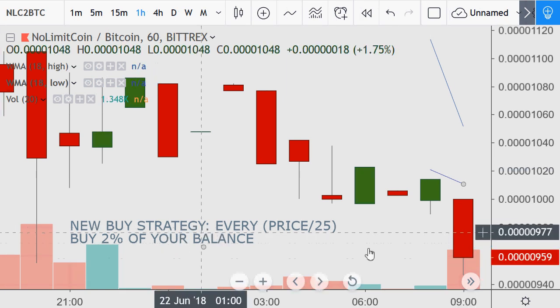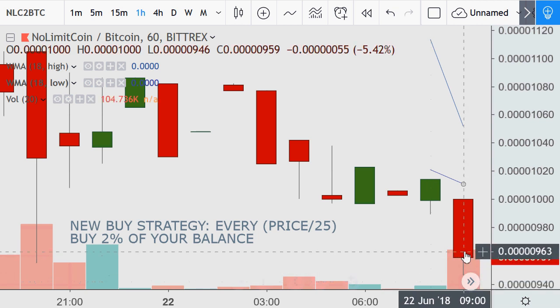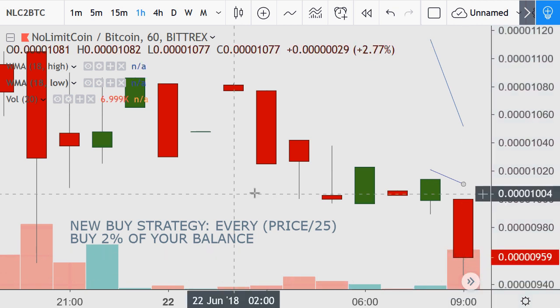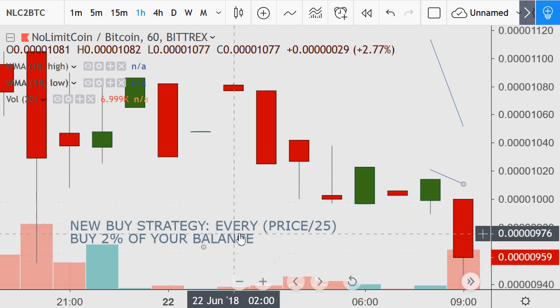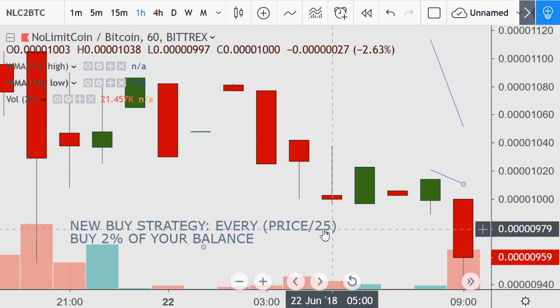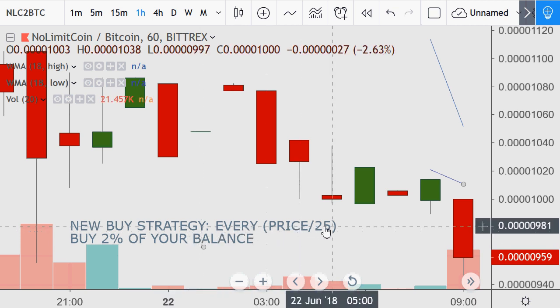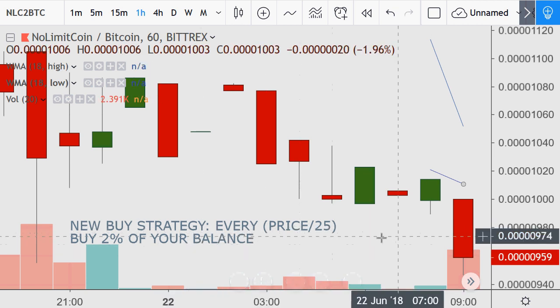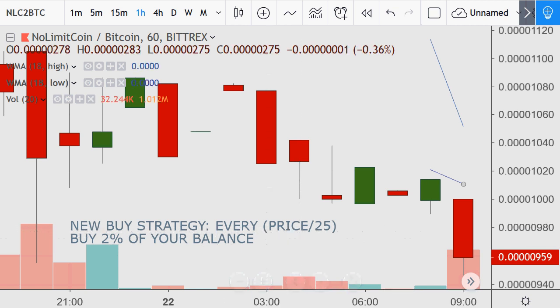For when markets go down, and it's going to go down from here. This is 9:59 on June 22nd, 2018, on the single hour time frame. So every time it goes down price divided by 25 from your last buy, and you don't have new buyers in already from previous sells or buybacks, then every time it goes down such, so on 1,000 points, you needed to go down 25 points. In this example,